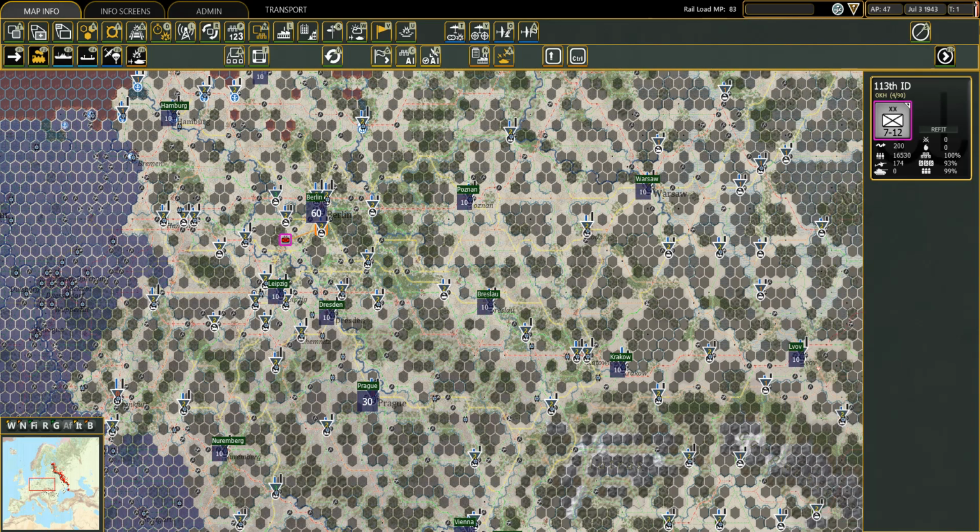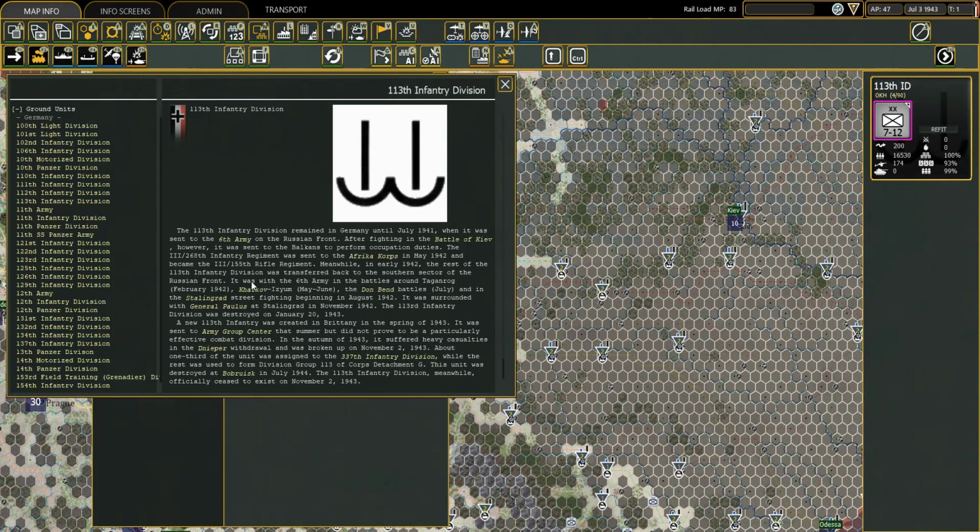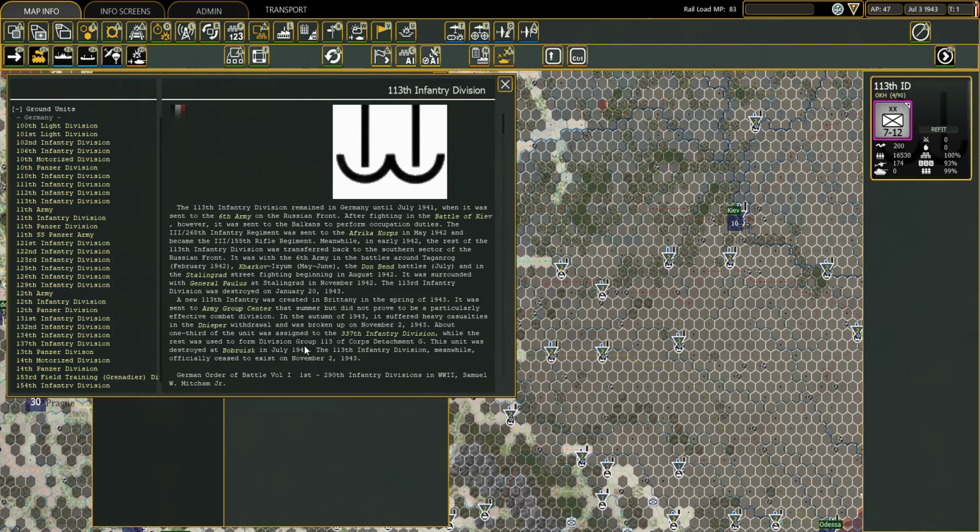Oh, these guys can move by rail. That's weird. Where did they historically go, anyway? Let's just read it. 113th Infantry Division remained in Germany until July 1941 and was sent to the 6th Army on the Russian front. After fighting the Battle of Kiev, however, it was sent to the Balkans to perform occupation duties. The third part of the 268th Infantry Regiment was sent to the Africa Corps in May 1942 and became the third part of the